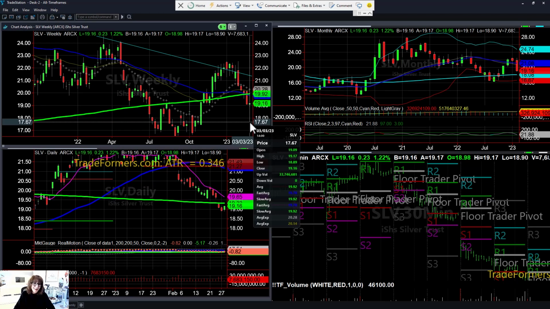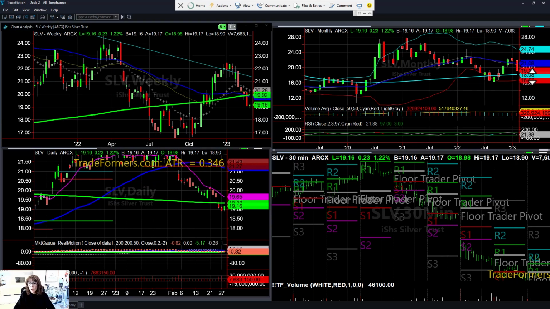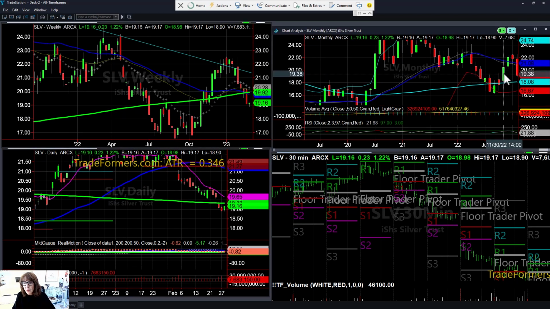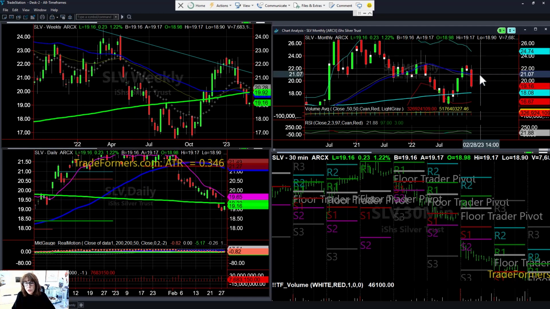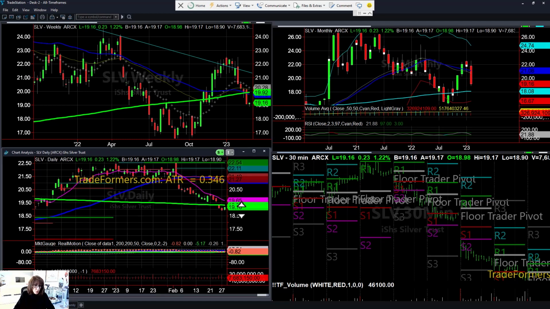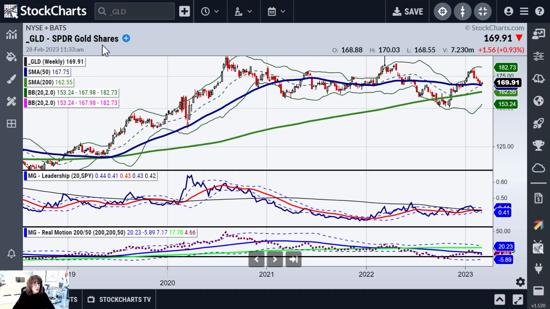So at this point now, I would want to see the lows of this week hold, which is 1889, maybe a little bit of fudge here. Obviously, here's your 80-month moving average. Unlike gold, silver is underneath the 23-month and underneath the 200-day, which means I don't even need to look at a ratio chart, but we will anyway, to show you that if we change this to a silver chart,